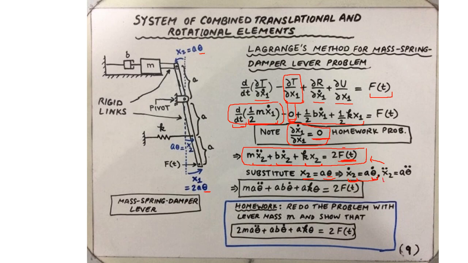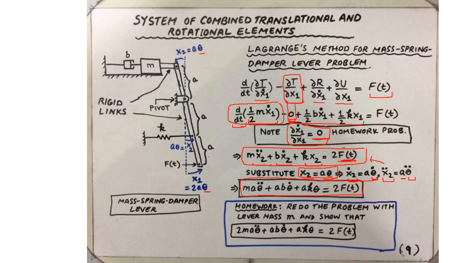And likewise, the double derivative of x2 equals the constant times double derivative of theta. That is by taking double derivative on both sides of the equation over here. So the final expression is 2 times F(t) equals m a theta double dot plus a b times theta dot